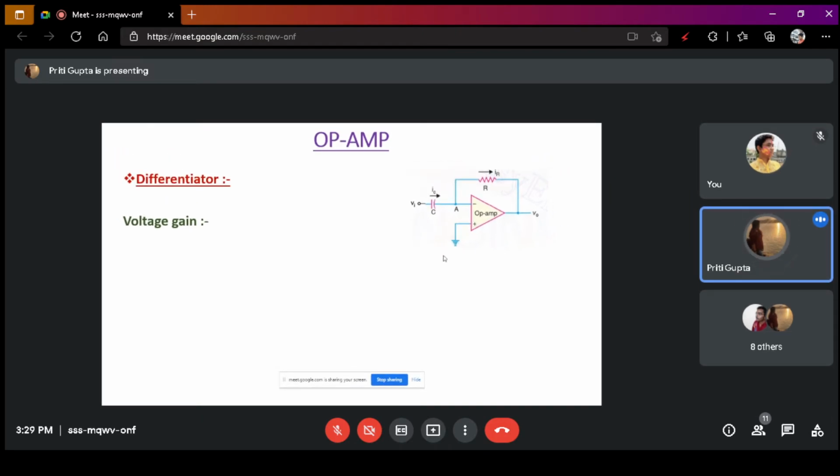You may wonder why we are using this differentiator circuit. In the differentiator circuit, at the input terminal we give the ramp signal and at the output terminal we get the square wave signal, and in the integrator circuit, at the input terminal we give the square wave and at the output we get the ramp. Now, whatever signals we are getting, we need to see whether we are exactly getting the square wave or triangular or sinusoidal.